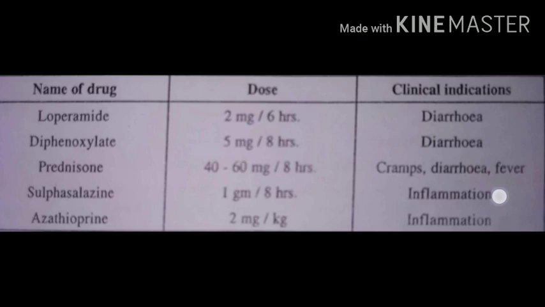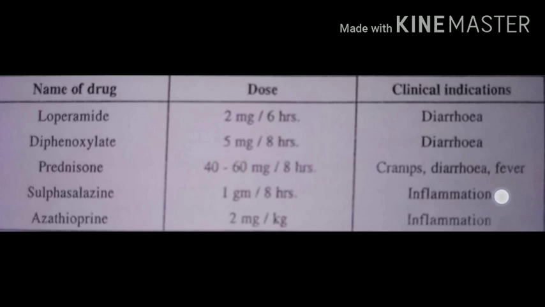If we want to see them separately, for ulcerative colitis and Crohn's disease individually, okay, first the general measures in ulcerative colitis are a proper balanced diet and supplementation of iron, vitamins and minerals. In case of drugs, first antidiarrheal drugs like loperamide are used to reduce the diarrhea, and IV corticosteroids, that is prednisolone, are preferred to reduce inflammation. Sulfasalazine or mesalamine etc. are used to reduce inflammation. These are the drugs used for ulcerative colitis.